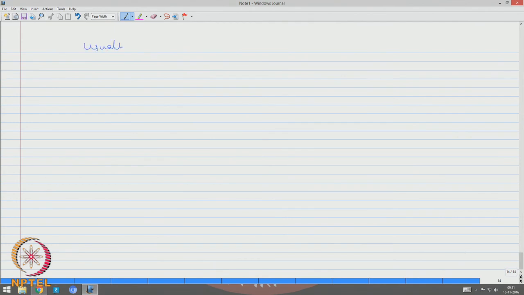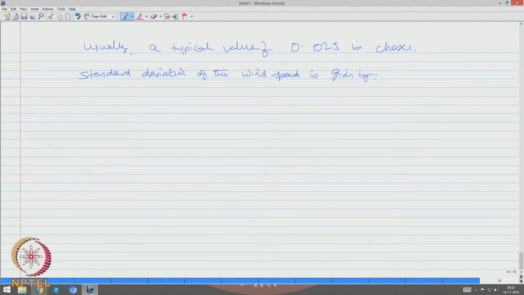Usually a typical value of 0.025 is chosen for the design. In that case, the standard deviation of the wind speed is given by actually equal to